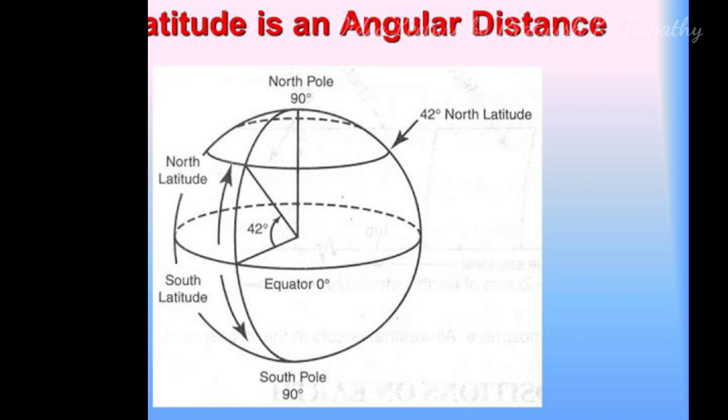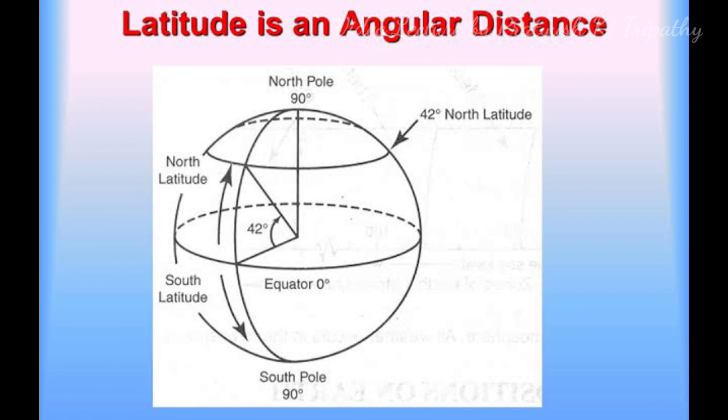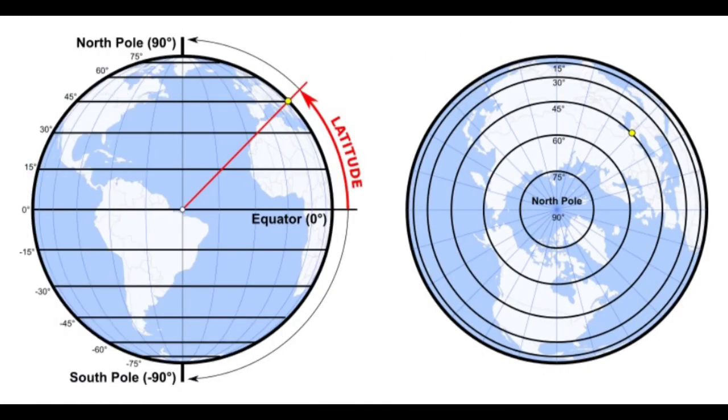The latitude of a place is the angular distance of that place north or south of the equator as measured from the center of the earth. The lines of latitude are drawn parallel to the equator in circles and they grow smaller towards the poles. Thus, the great circle equator is the largest latitude and merely a point at the poles. Latitude of the equator is 0 degrees and that of the poles are 90 degrees north and 90 degrees south respectively.